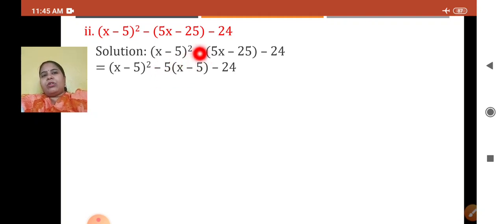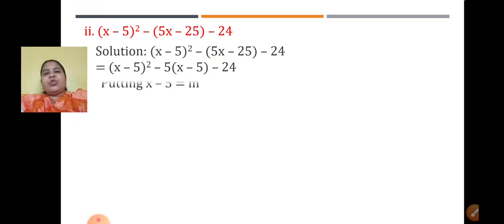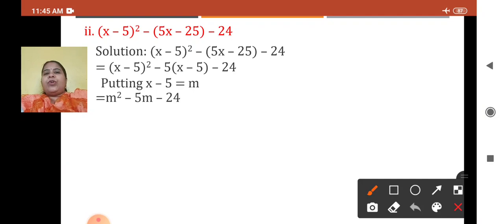Minus is already out. From this too, 5 is taken out. So 5 goes out. What is left? X minus 5, since 25 divided by 5 is 5. Okay, that is the reason sign is not changed. We are not taking minus 5 out. Minus is already there. We are only taking 5 out. Okay, now you can see the common part, x minus 5 and x minus 5, that you assume as some other alphabet, say M. Okay, so this equation will change to m square minus 5m minus 24. Now first term the coefficient is 1 and here it is minus 24.